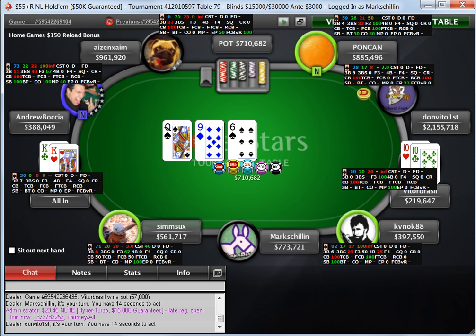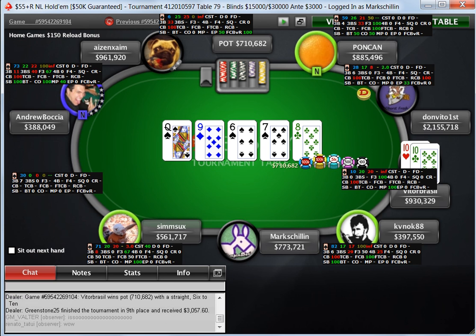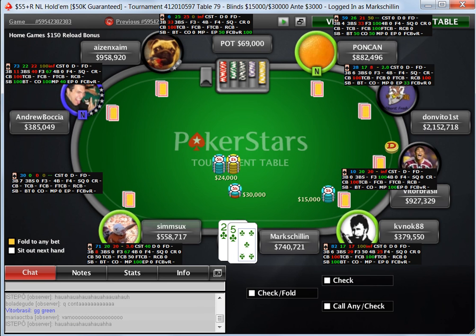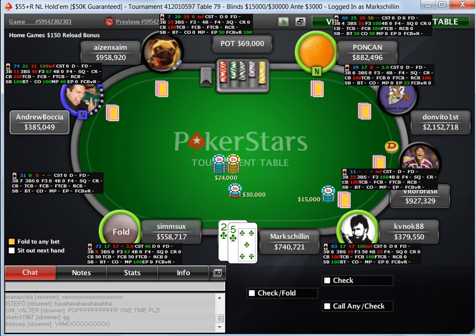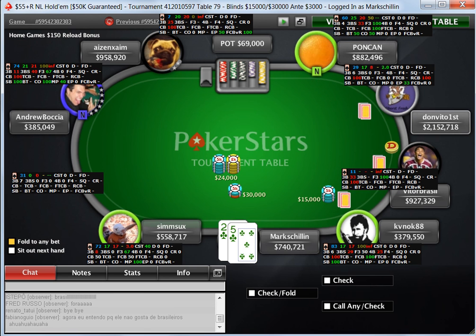Kings against tens. Wow, and the tens get there. That's a sick beat. That really sucks when that happens to you. When you lose with pocket kings there and go out in 9th place, get it in good. It's an 80% favorite, and